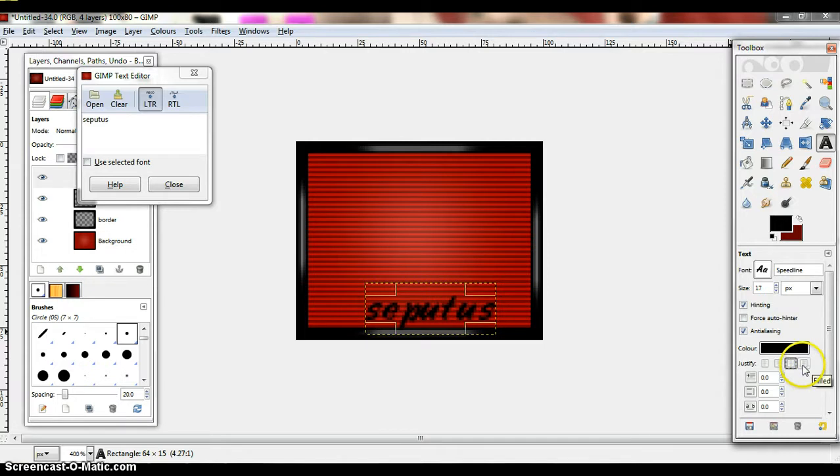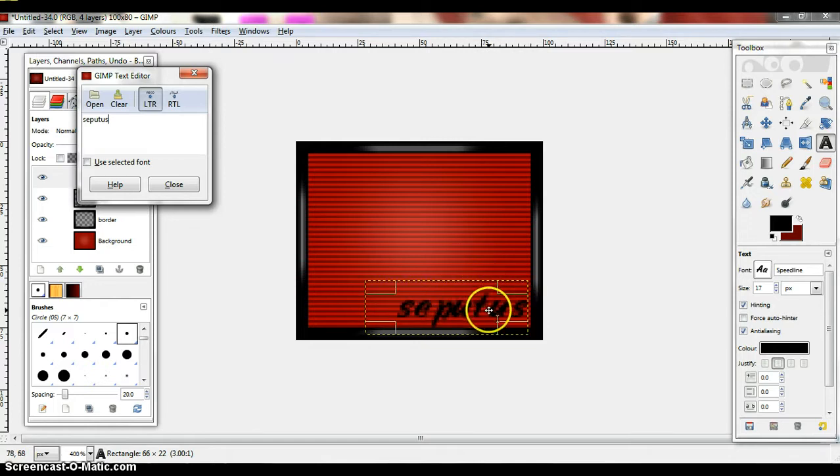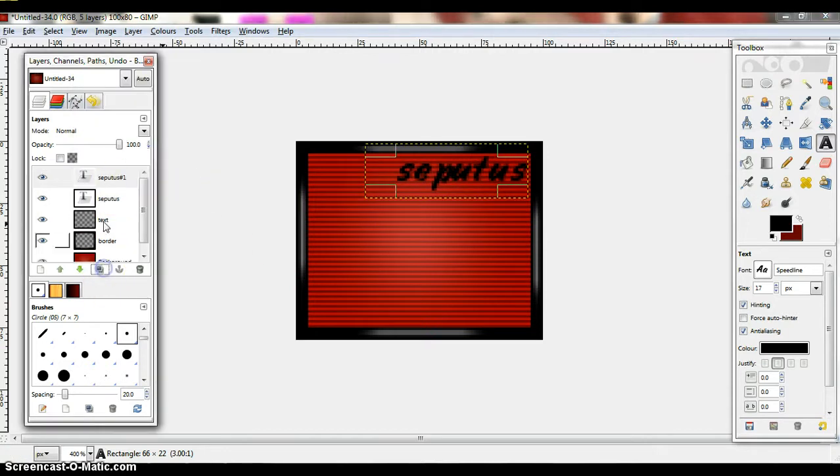I'm going to move it over so that I can make sure it's at the edge of the box. And I'm going to move it upwards and have it in the top corner. And I'm going to change this so that it's a duplicated layer